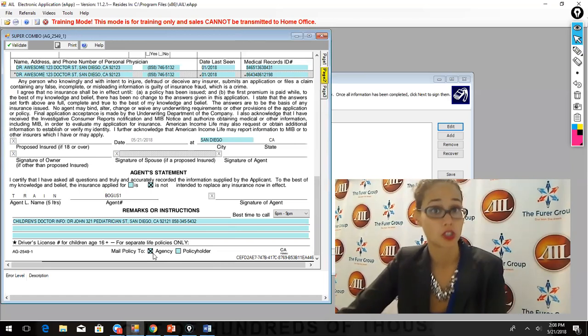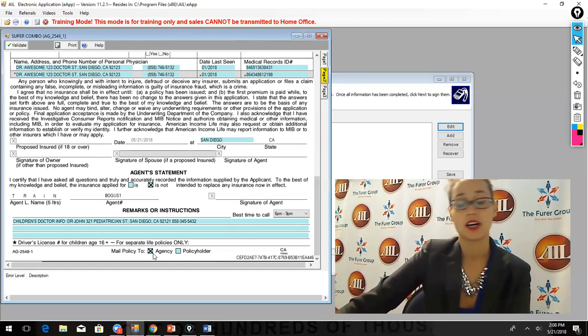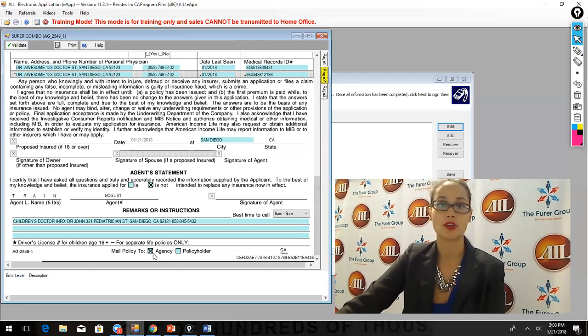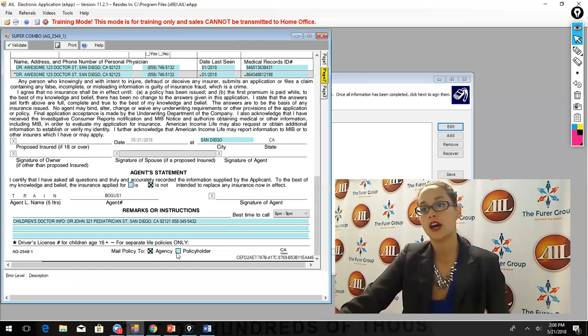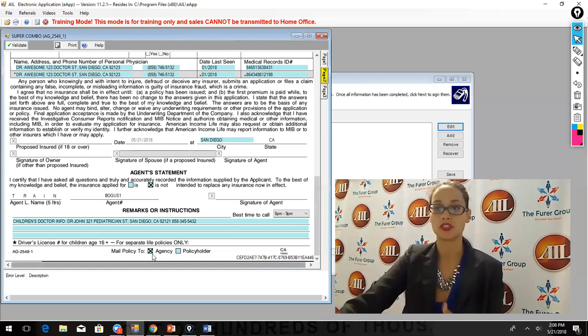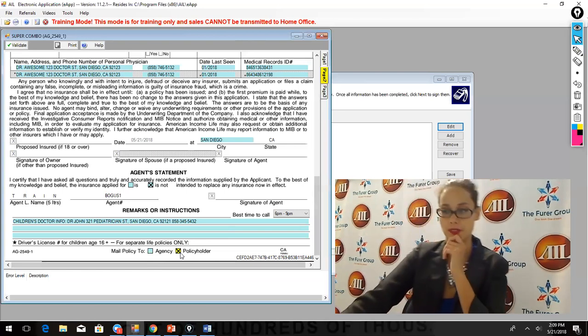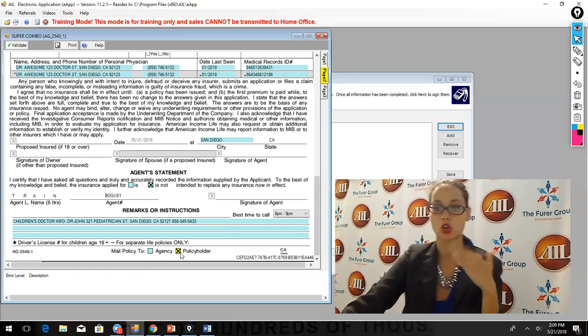Or collect more referrals, all right? Anytime that you see an existing client, that's always an opportunity to upsell or get more referrals. Normally with such a high premium, I would click on agency, but for an example here, if you do have reason to go back and sell them again, then you'd send it to agency so you can hand deliver it. But right now, since most of the time you're just going to be doing policyholder,